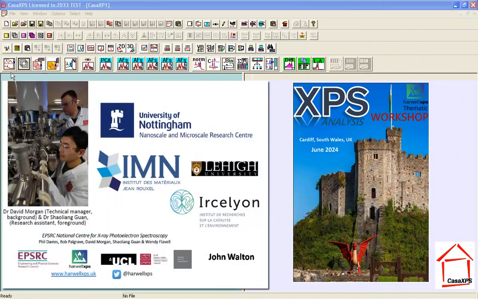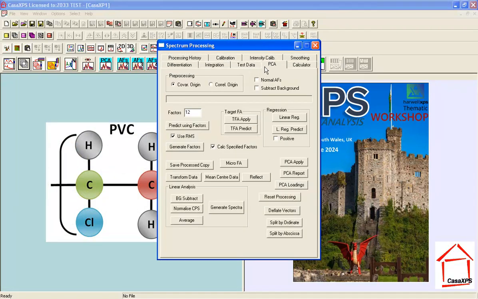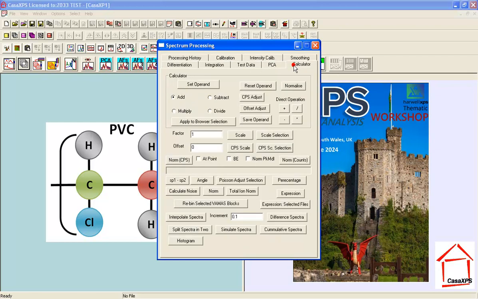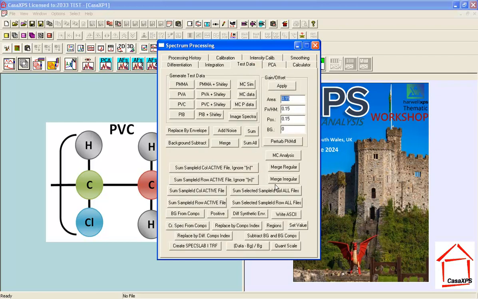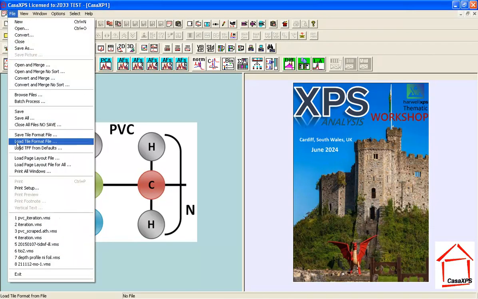In this video, I'm going to illustrate how this new toolbar can be used to process data without having to go to the dialog window in the form of the spectrum processing dialog window and switching between the property pages for PCA or the calculator property page or various other property pages that require operations such as merging irregular data. Now, these options that are relevant to the data that I'm going to look at are now all presented on a toolbar. To demonstrate the uses of these toolbar buttons, I'm going to use a data file that has been